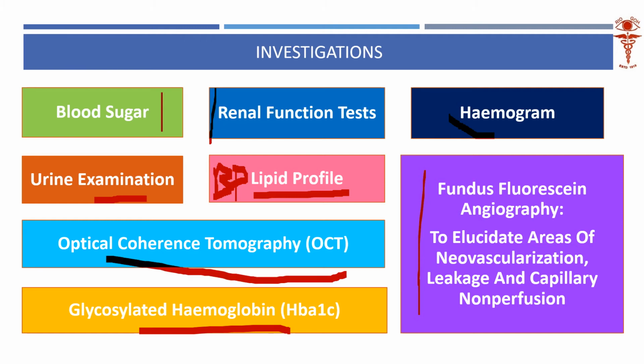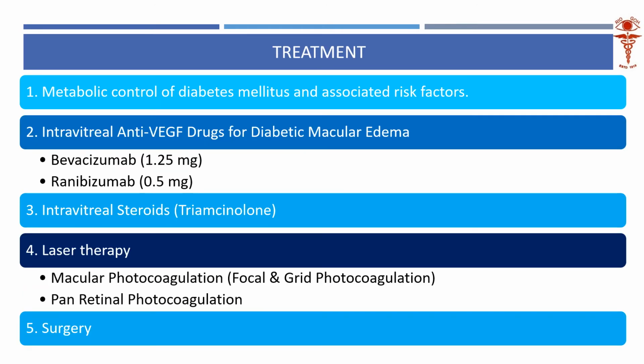Similarly, more so in diabetic maculopathy, you have to do an optical coherence tomography. This is another investigation which is very specific for the macula. You will have a light passed on to the macula, and the light will be analyzed by the machine and made into multiple A-scan cuttings, and this will be graphed together, and this is called an OCT image. The OCT image will clearly tell you whether there is macular edema or not. These are the basic investigations.